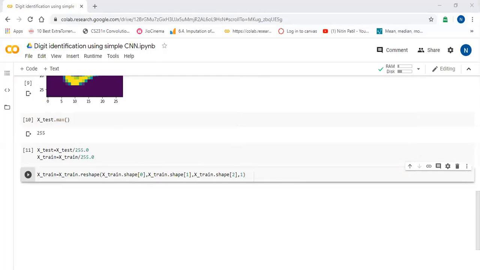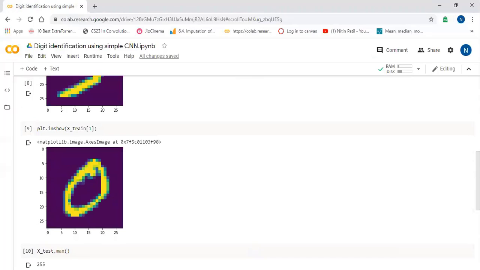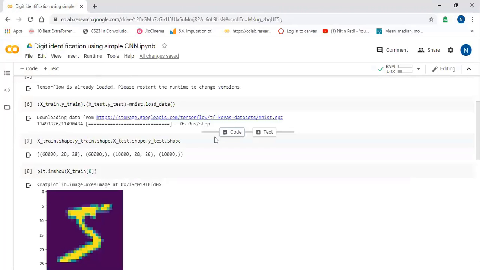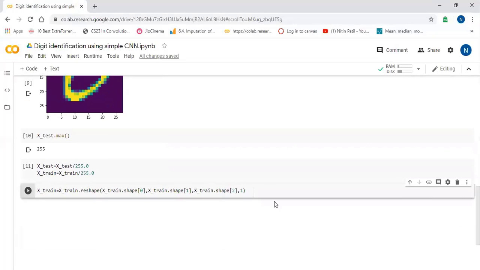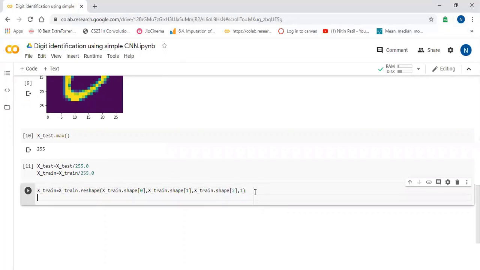So we have already seen the shape of the data, right? We are providing the same, just adding one channel to the data.